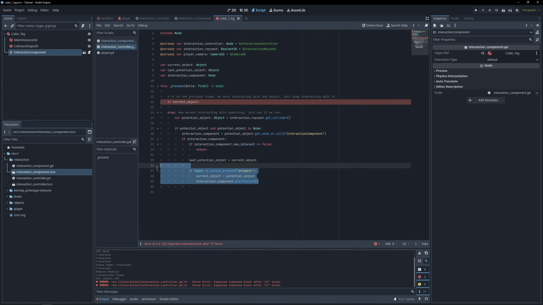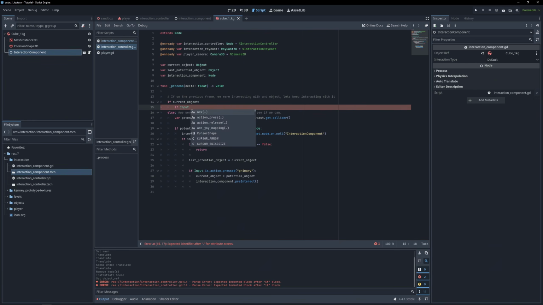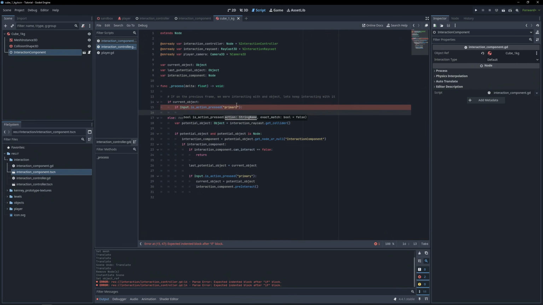So we need to check if we're still trying to interact with the object, because we could have just clicked on it once by accident. So we want to check if the input is action not just pressed, if the is action is pressed, meaning if we are still holding down left mouse button, we are going to want to do the interaction component